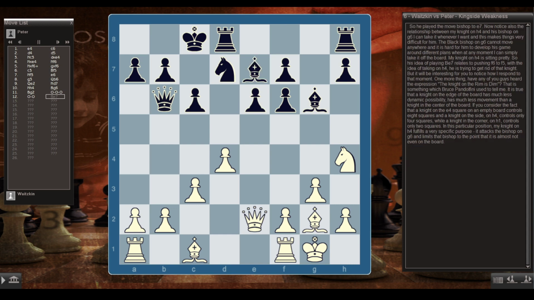So he played the move bishop to e7. Now notice also the relationship between my knight on h4 and his bishop on g6. I can take it whenever I want, and this makes things very difficult for him. But the black bishop on g6 can't move anywhere, and it's hard for him to develop his game around different plans, because in any moment I can simply take it off the board while my knight on h4 is sitting